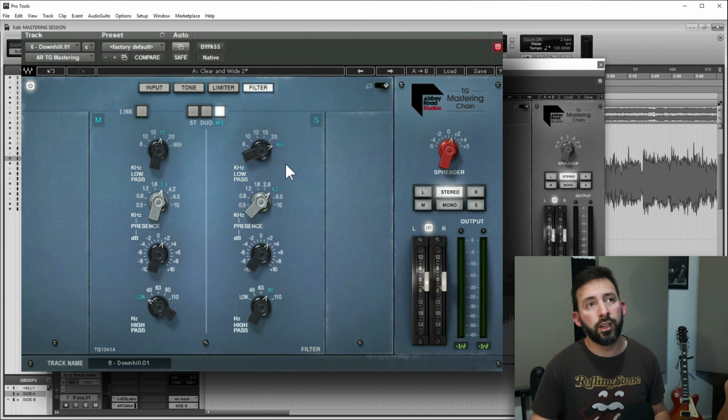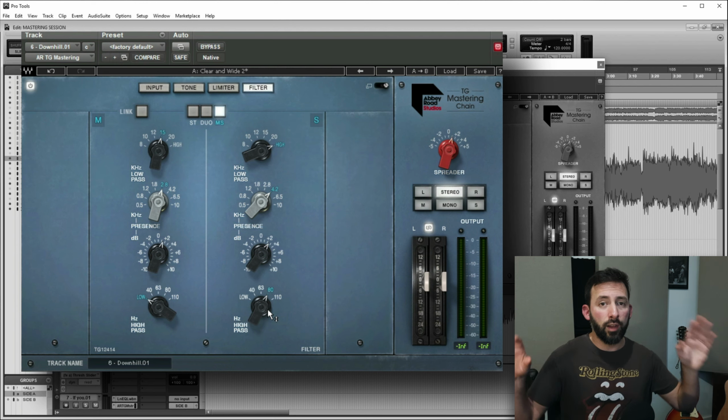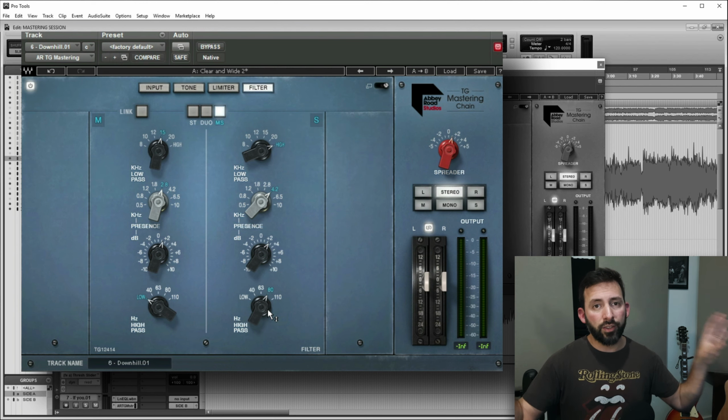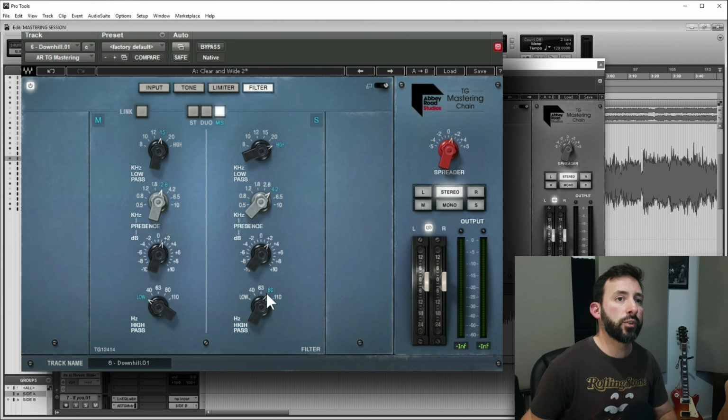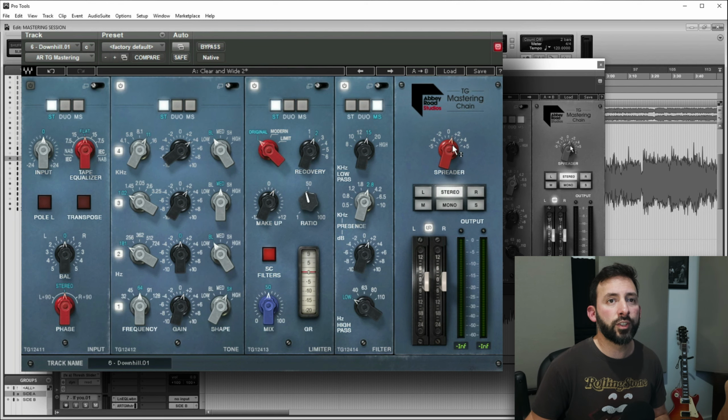And then on the sides, I'm doing the opposite. I leave the high end, not touching it at all, but I'm taking off a lot of low end. I don't want a lot of bass on my sides. That's why I'm applying this 80 hertz high pass. And I'm adding 2.5 dBs on 4.2 kilohertz and no low pass. That's on the sides. And finally, I'm using this spreader.